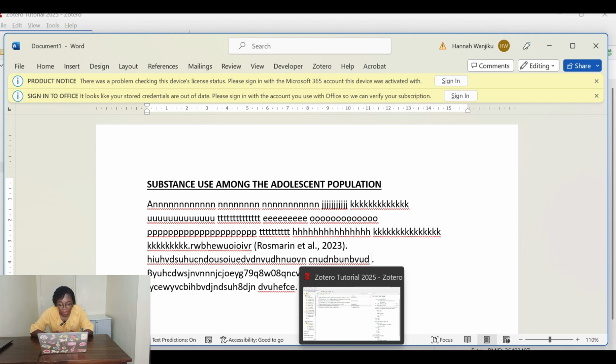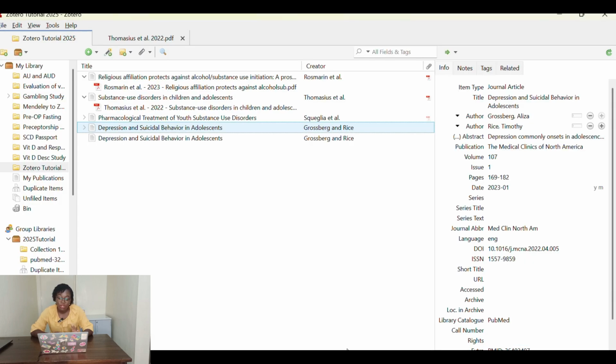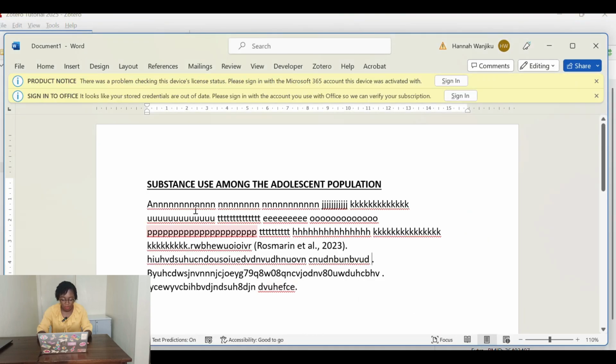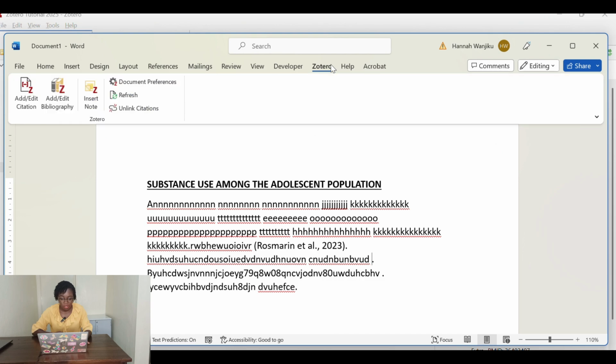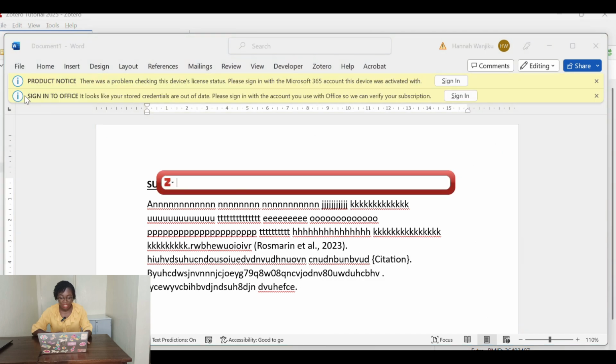So we have Rosemary, Thomasians, and Grossberg and Rice. You want to add these three references on one sentence. So we will come back to Word, go to Zotero on the tab, say add citation, then we start with Rosemary. So we'll select Rosemary, then